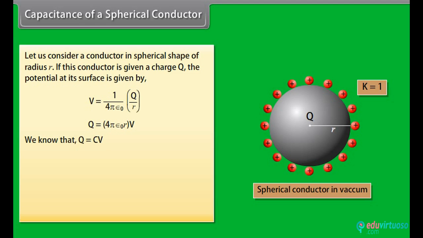On comparing the above equations, the capacitance of the spherical conductor is given by C is equal to 4 pi epsilon